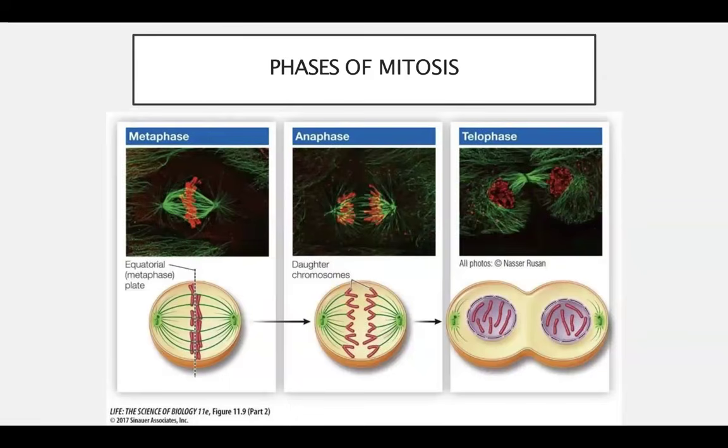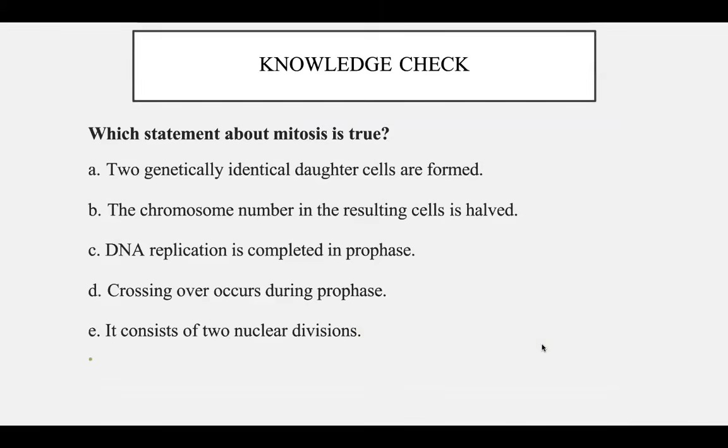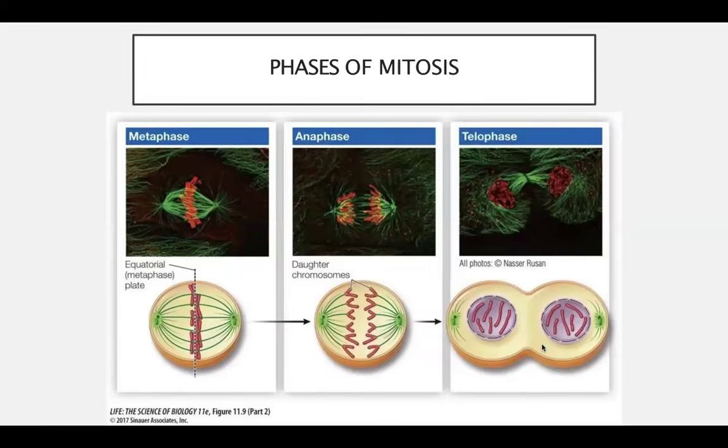The sister chromatids separate and they get pulled apart to each end, or each pole, of the cell. Lastly, telophase is the opposite of prophase. In telophase, the nuclear envelope starts to reform, your kinetochore microtubules start to disappear, and the chromosome starts to decondense. And lastly is cytokinesis, where the cell gets split in the middle, and now you have two identical daughter cells.